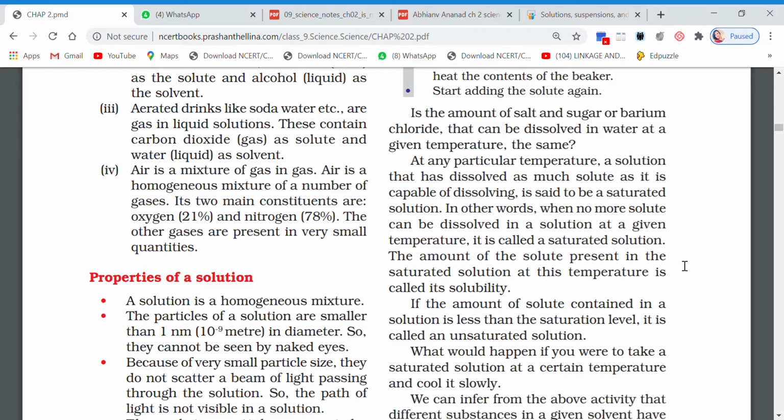You will say 10 gram or 20 gram, जितना भी आपके 5 स्पून में सॉल्ट आया. सपोज 1 स्पून में 1 ग्राम है, तो 5 स्पून में कितना आया? 5 ग्राम. So that means the solubility of your solution is 5 gram. So it means how much solute is getting dissolved is called the solubility of the solution. Understood? So your next question will be define solubility, and this is the answer. I hope you are marking side by side in your books.